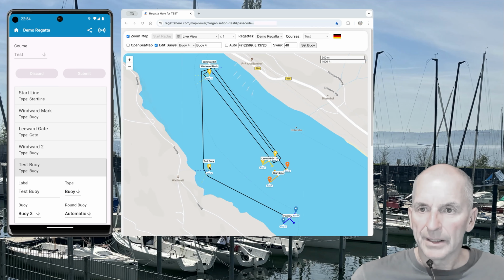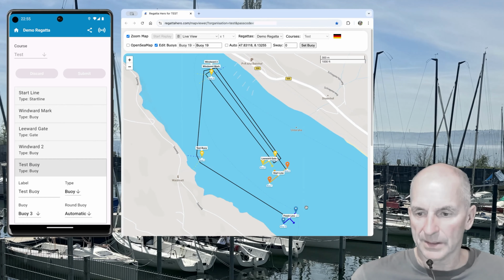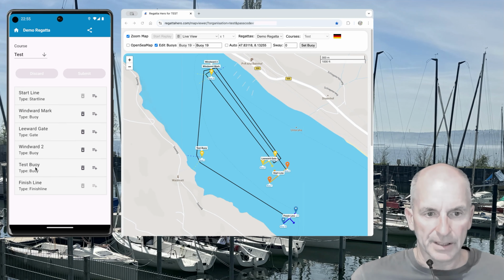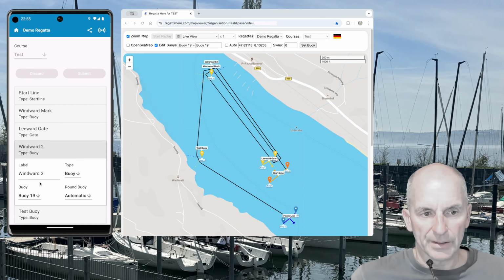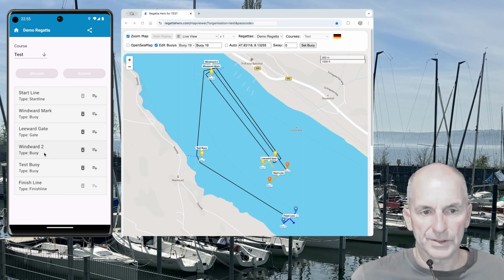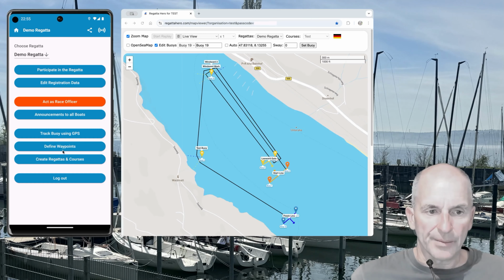Of course, again, if you change this, then obviously everything will also change. In the same way you can change all the other settings here, or delete and add more marks to the course. So that's actually very easy to understand. Just keep in mind that those symbols here you only see if none of those is open. If one is open, then you have to work here and then close it again, and then if you want to add or delete a mark, you can do it then. Okay, well that would be pretty much it